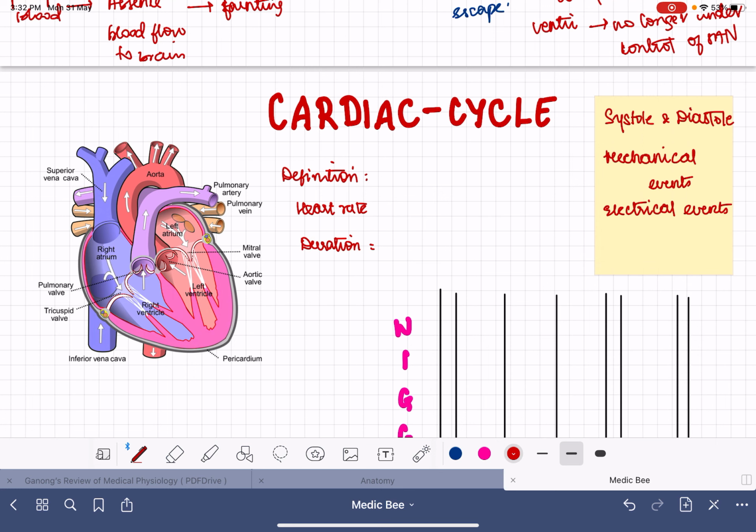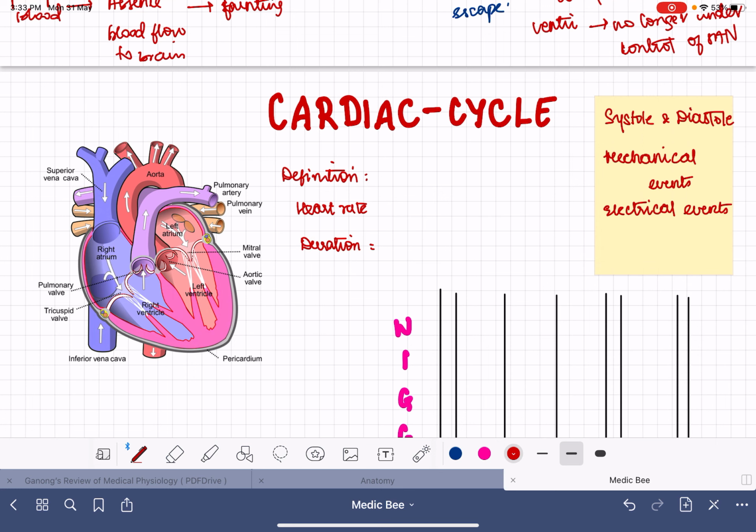So the cardiac cycle is defined as the cycle of events that happen from one heartbeat to the next heartbeat. If we start our calculation from the atrial systole, the cardiac cycle will be defined as the time between the first atrial systole and the second atrial systole. Systole means a contraction of a part. Atrial systole means the contraction of the atria, while atrial diastole means the relaxation of the atria.